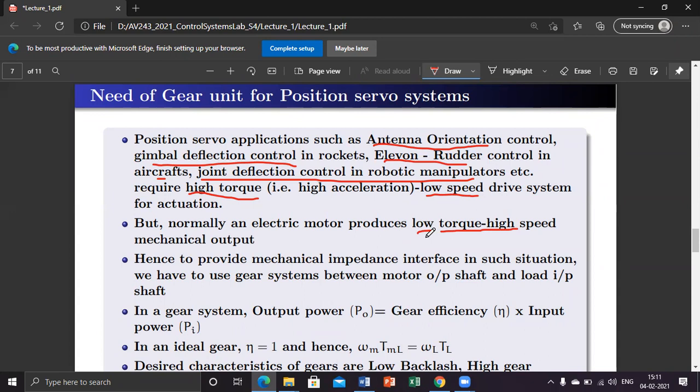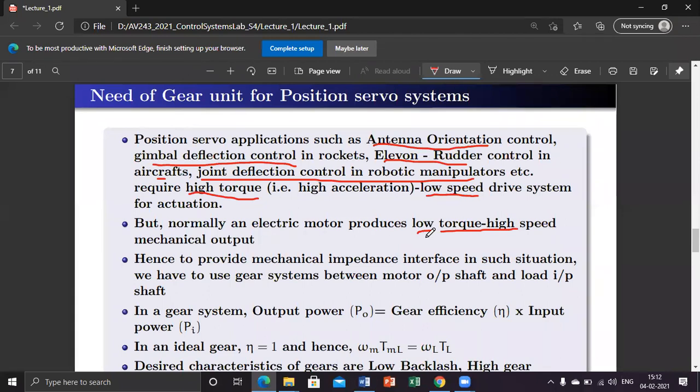So there is some limitation for the permanent magnet material for a given volume. What can be the maximum remnant flux density? There is a limit for that. Now, a lot of research is going on to increase the value of this B, flux density, but still it is not up to the mark. Hence, there is always an upper limit for the maximum torque that you can produce from an electromechanical motor.